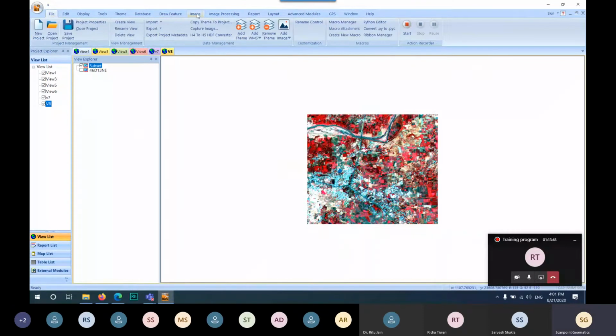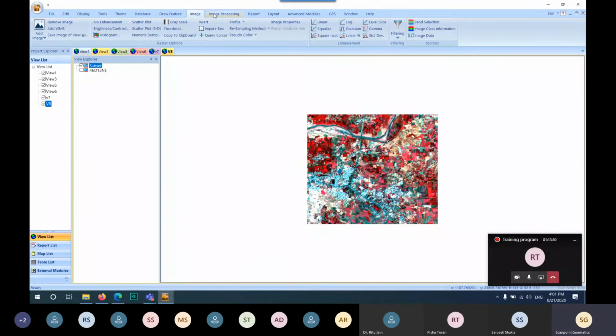So there are two options in this image processing module in IGS, that is image and image processing. The image module has all the information-related tools which can give you all the information associated with your raster image.